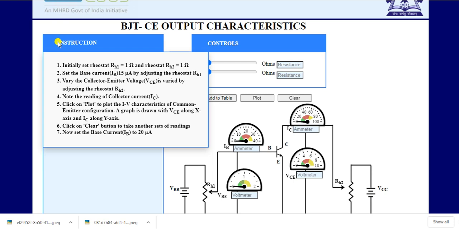We can repeat this process by fixing the value of IB to a new value, that is 20 microampere.